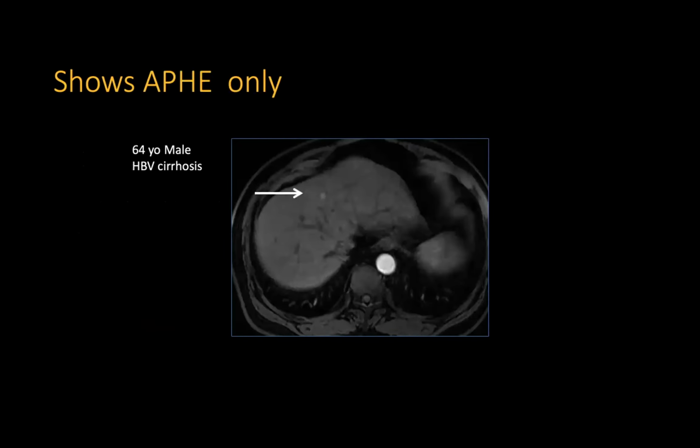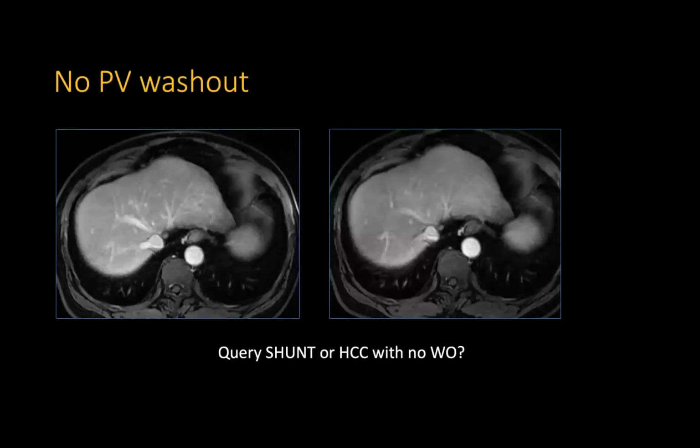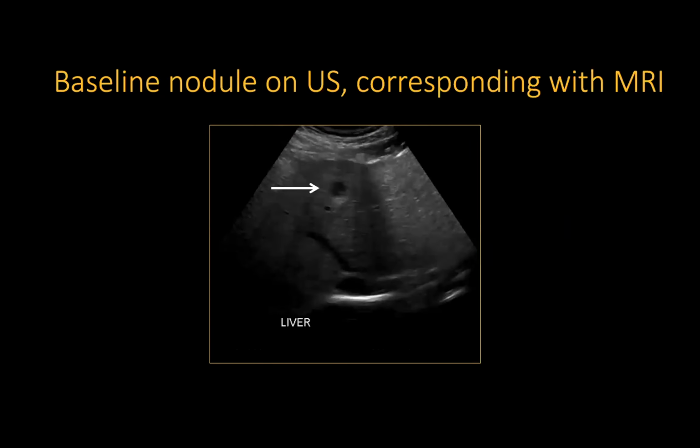So here's the arterial phase VIBE, and we can see that in segment 4, there's an area of hyperenhancement, and we don't see anything else. And in the portal venous phase, there is no washout that's associated. So this is a patient who's had an HCC in the past. So the person reading this, I think very correctly said, this looks like a shunt, but could it be HCC with no washout? So they don't know that for sure,